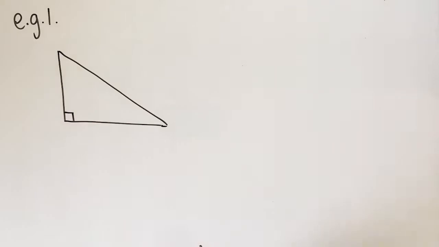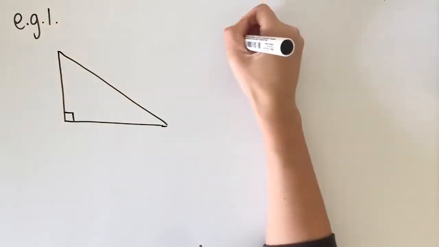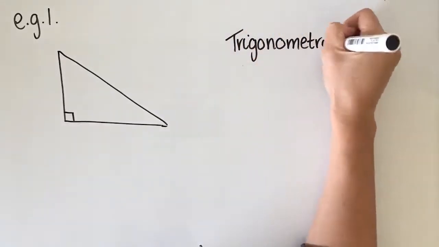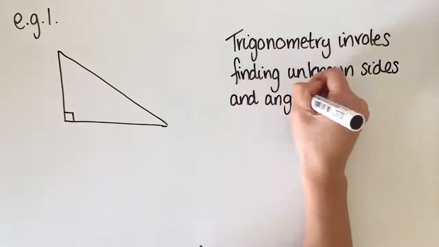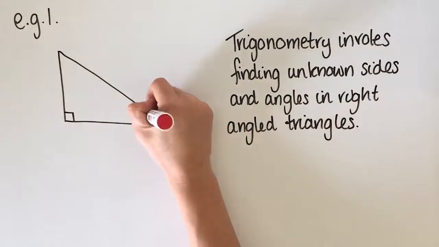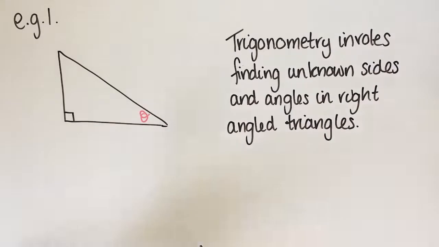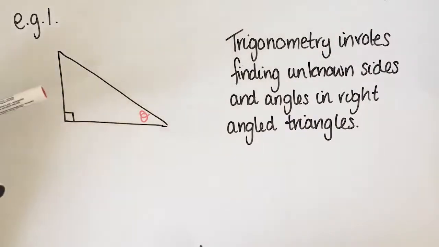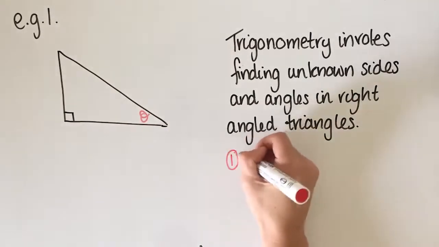Okay, so when it comes to trigonometry, trigonometry is to do with angles. So here I've got a right angle triangle, and I might be told that this is the angle that we're interested in. This is the required angle, the important angle, however you want to explain it. And then that determines how we label these three sides. So the three words that we use to describe sides in trigonometry include